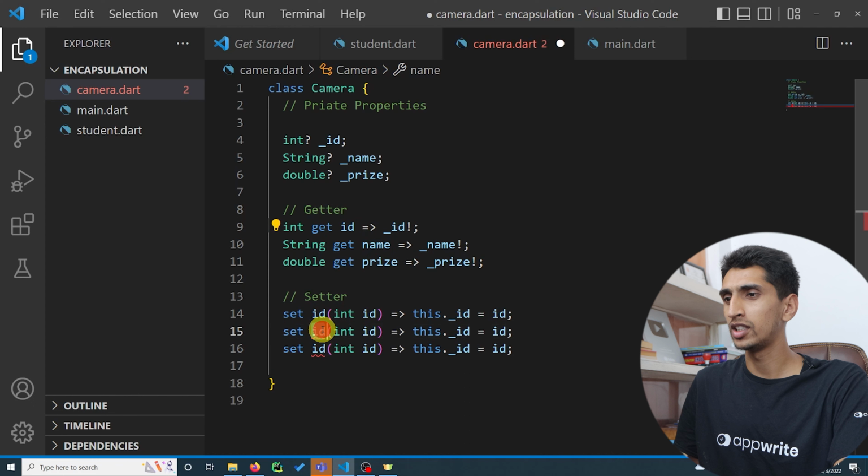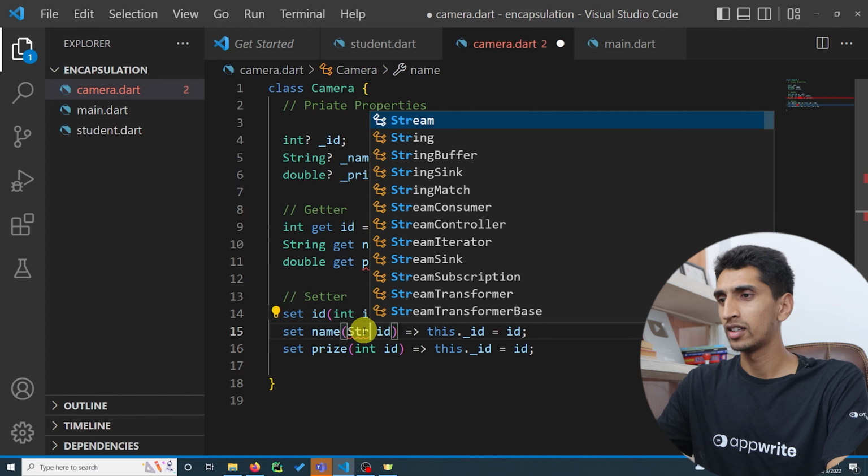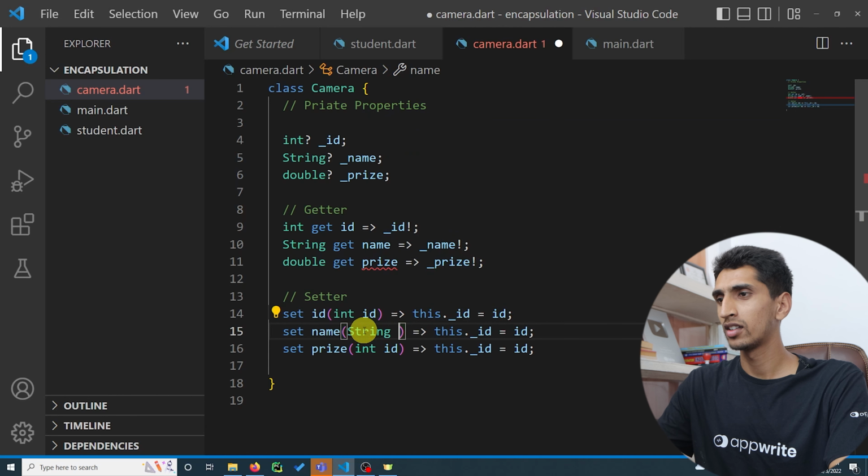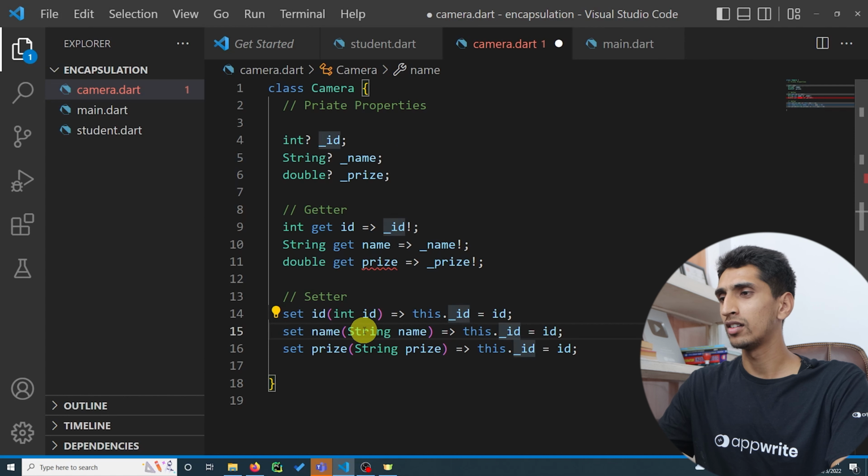I'll just copy this one, and price. String name, string price. Now this.id, not this.id, this.name, this._name